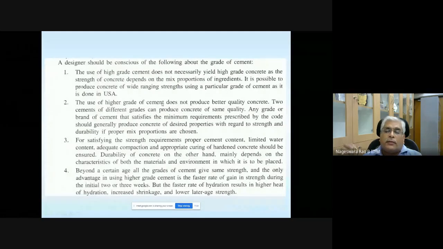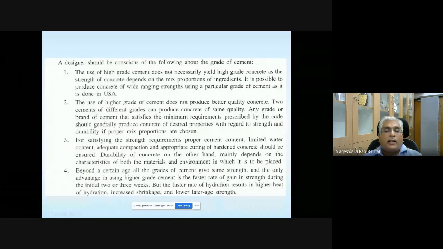Yesterday I mentioned, if you recall, grade of cement has to do with the fineness of the cement. So use of higher grade of cement does not produce better quality concrete. Two cements of different grades can produce concrete of the same quality.